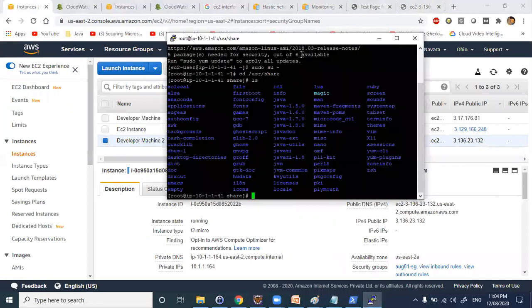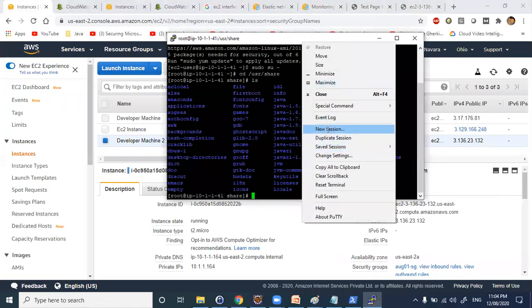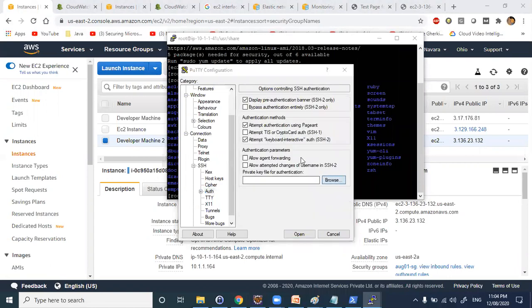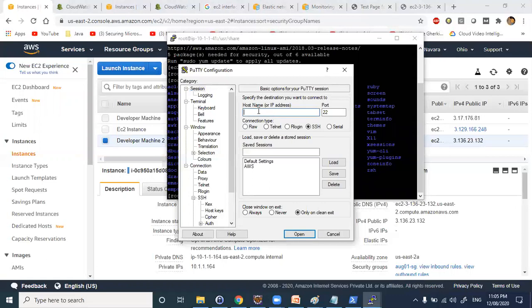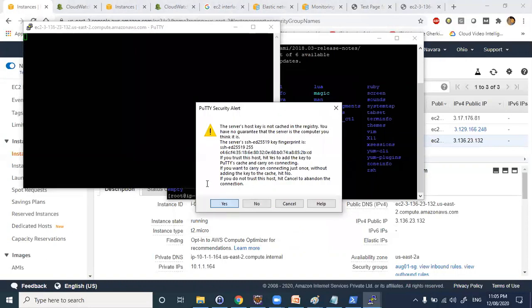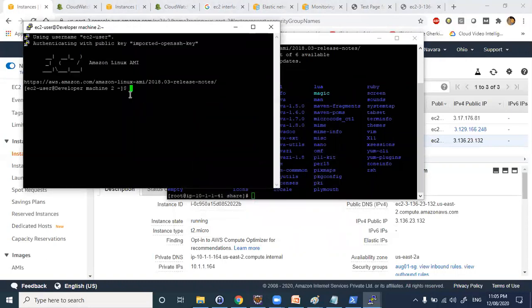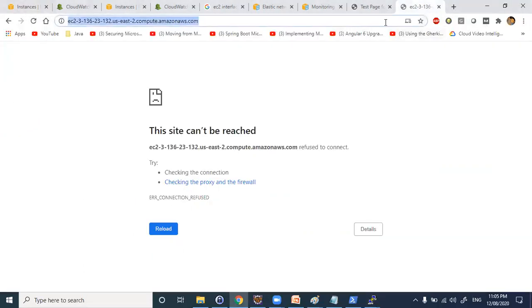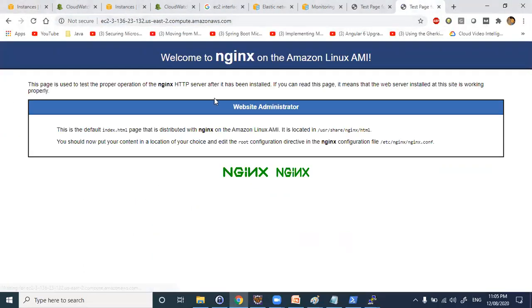Let's try putty session. Yeah, so it is working. I guess it takes some time to execute the script. Yeah, if you see here, it executed, but why?